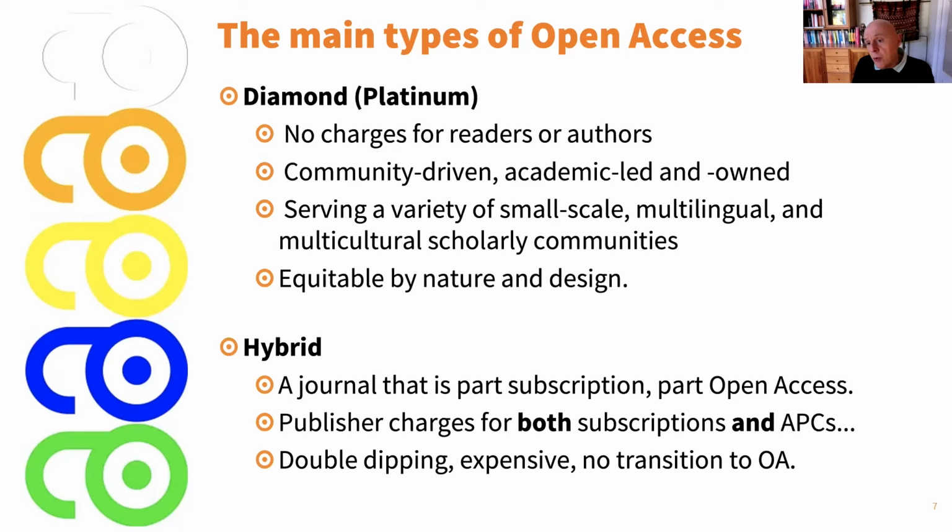And we have also noticed that this model, when it first came up, was indeed a promise to transition all journals to open access. But in 2018, we noticed that this model had stalled, that most hybrid journals stalled around about 20% open access, and that it was clear that this was not going to lead to a transition to open access. It is also why specifically Coalition S and Plan S